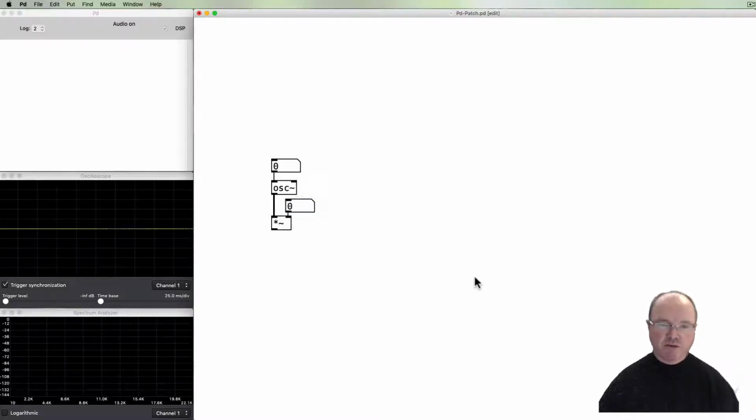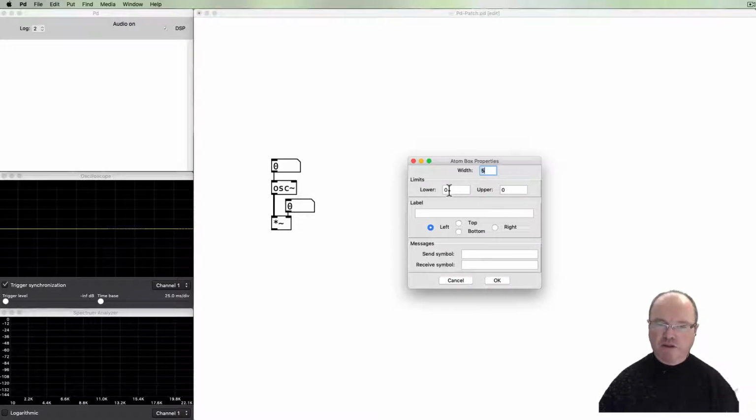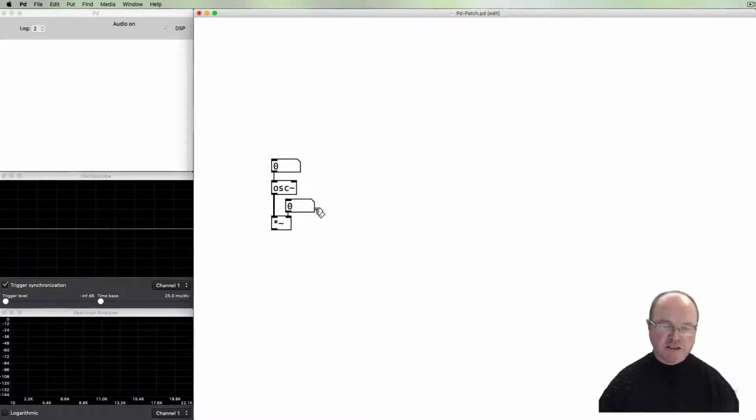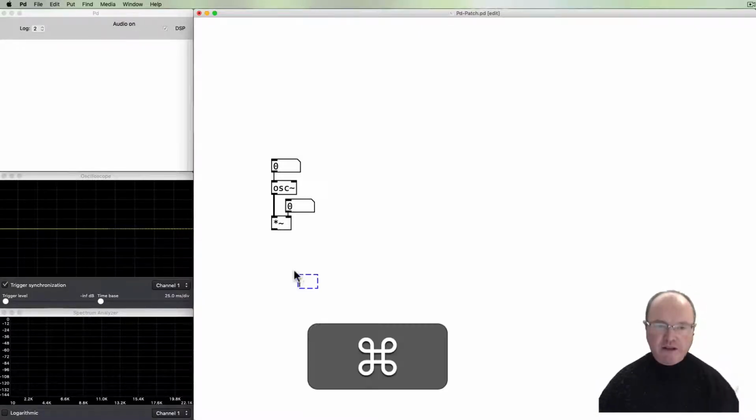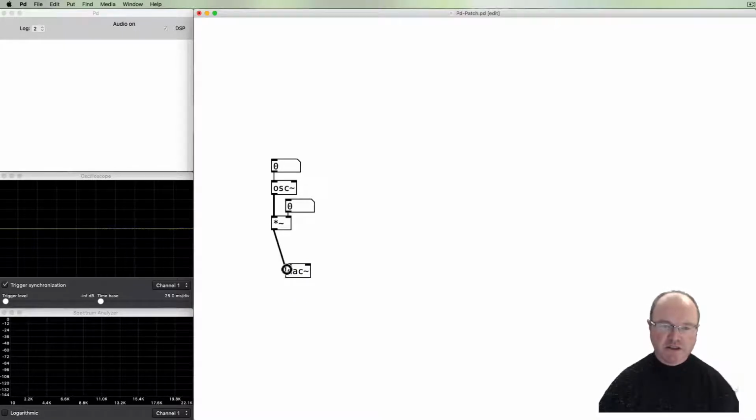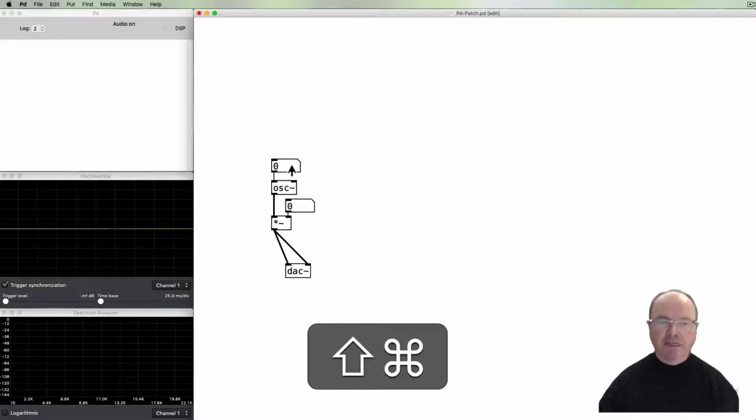I'm going to change the properties of this output box so that the lowest volume level will be 0 and the highest volume level will be 1. This is just a safety measure really to make sure I don't turn that up too loud. The output of that will go to a DAC tilde object, which is the digital to analog converter, which sends our sound out. So if we increase our frequency, let's do that by integers, and then we increase our amplitude,